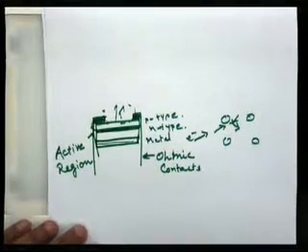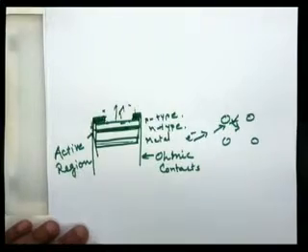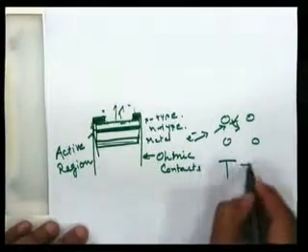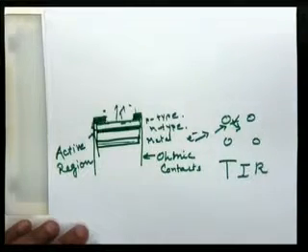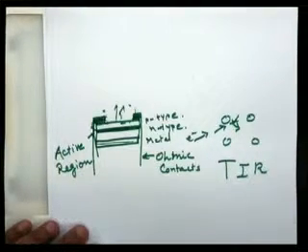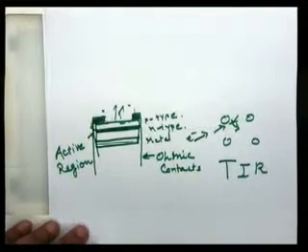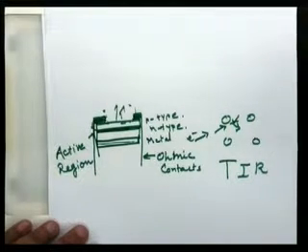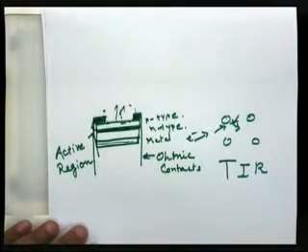Now, one more factor is that at the semiconductor-air boundary there are chances of total internal reflection. What is total internal reflection? It is an optical phenomenon, and since we are dealing with light photons, we have to take care of this phenomenon. It is the reflection that occurs if a light ray or photon is incident at the semiconductor-air boundary at an angle larger than the critical angle, and due to this the photon will be directed back inside the semiconducting material itself.